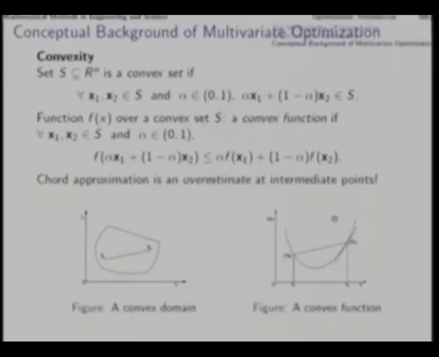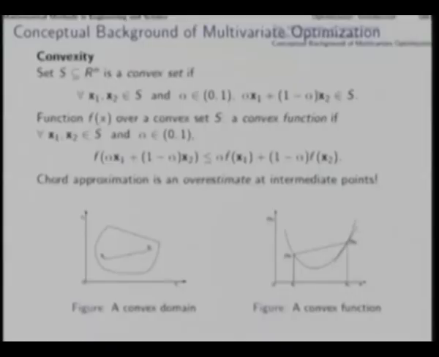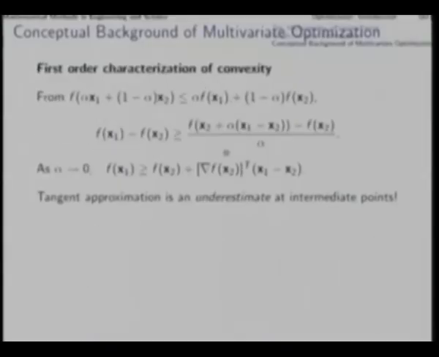So, such is the property of a convex function, and the chord approximation is an overestimate that actually in a way implies that the tangent approximation will be an underestimate, and that you can show through a few small steps, which we will not go into the detail currently. The only thing that we need to stress at this point is that this gives you a first order characterization